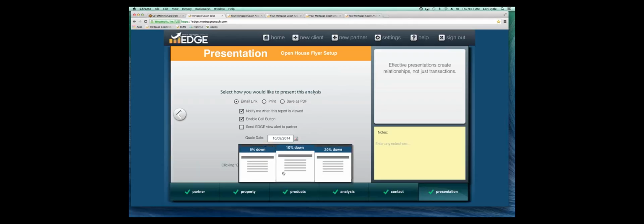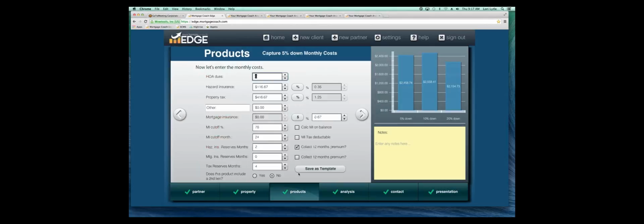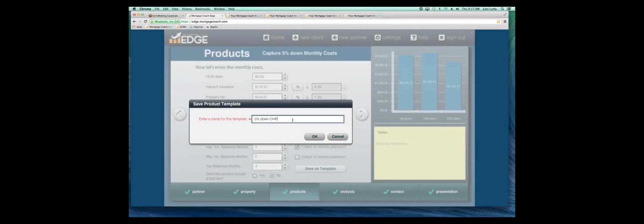So let me show you how to do that. I'm taking a shortcut. I'm clicking on my second product here, and I'm going back a page. So I get to my first product, and I'm on the last page where my Save as Template button is. I'm going to click on Save as Template, and I'm putting in Open House Flyer 1. So once I have that created,